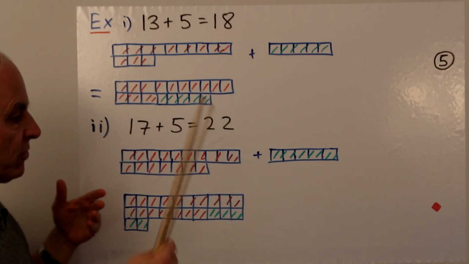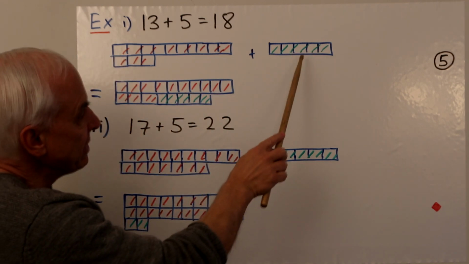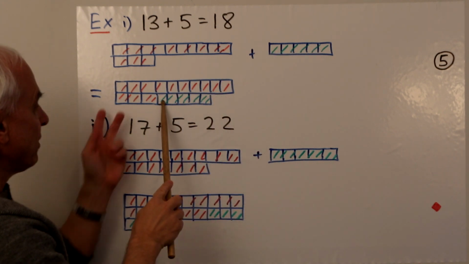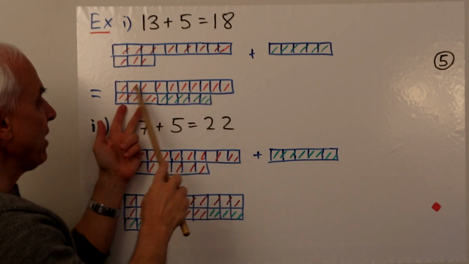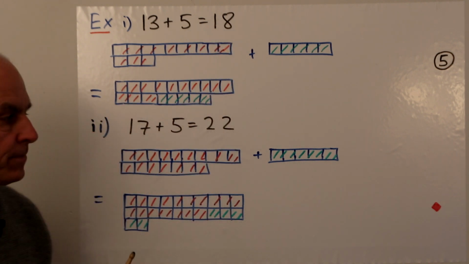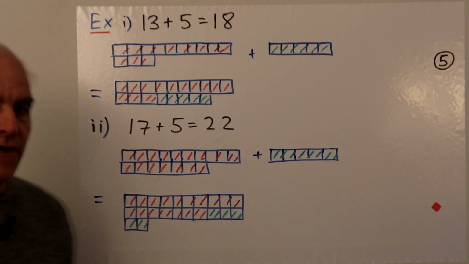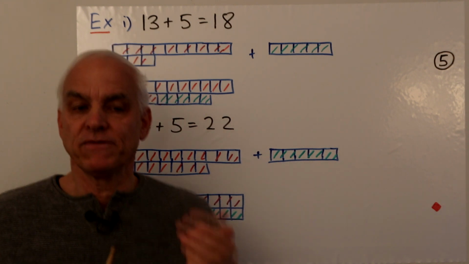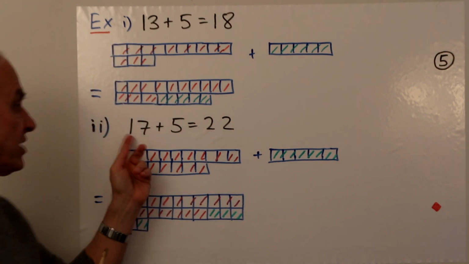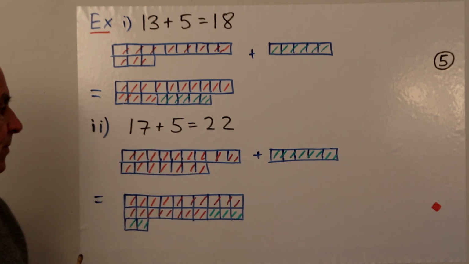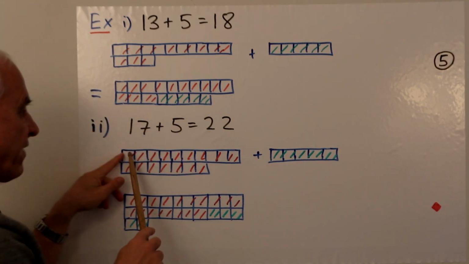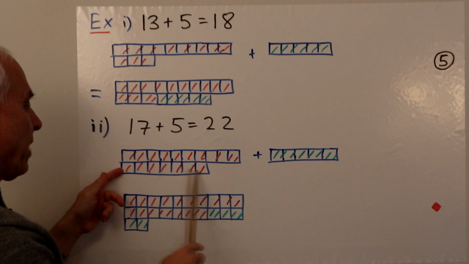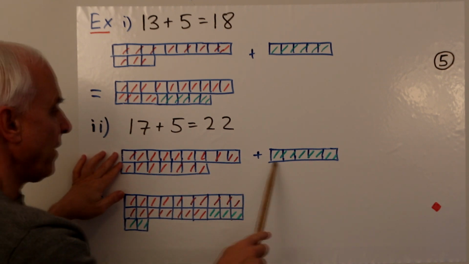And when we add them, we have to juxtapose these two things. We can do that simply here by taking this rectangle and slotting it down in the second row beside the 3 that we have here, giving us 10 plus 8, or 18. And now consider 17 plus 5, which is a bumped up version from 7 plus 5. So 7 plus 5 equals 12, and now 17 plus 5 equals 22. Have a look at what's happening here. Here's 17, again in this 10 table formation, where we have a row of 10 followed by a row of 7. There's 17, and there's our 5.